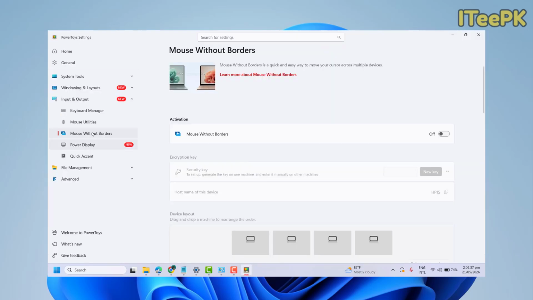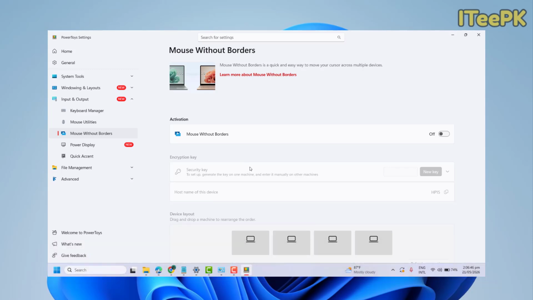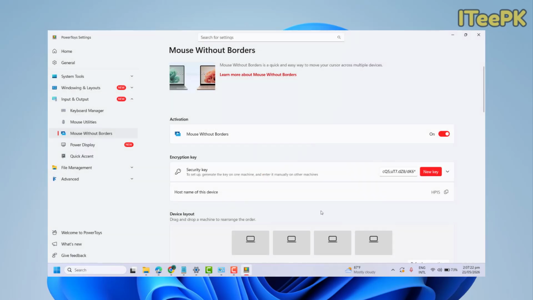Perfect. Now the next useful feature I want to introduce you to is Mouse Without Borders. Mouse Without Borders is a quick and easy way to move your cursor across multiple devices. We could go ahead and enable it from here. If it asks for any permission, just allow. This becomes very useful to connect multiple monitors, especially if you want to connect your laptop with a desktop or